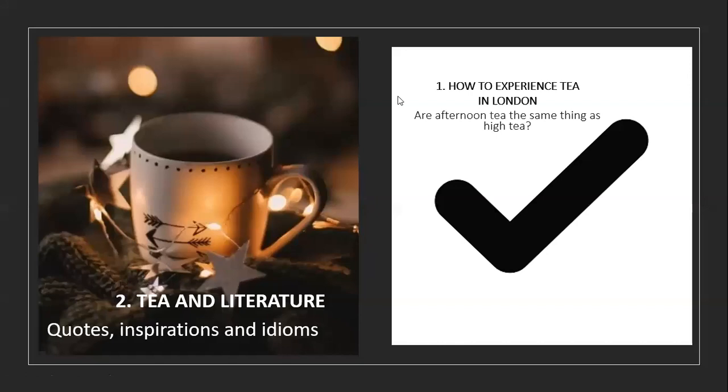Have you ever tried one of these two ceremonies? Have you ever been sitting down in front, I don't know, of an important museum in London and treated yourself with these sort of ceremonies? Any contributions, any experiences? Have you ever entered a hotel, especially hotels? They offer these opportunities to tourists, and you can sit down. Some of the hotels just give you clothes, so you can dress up, and you can go back to the Victorian period and drink tea with porcelain and china cups. Okay? Any questions?